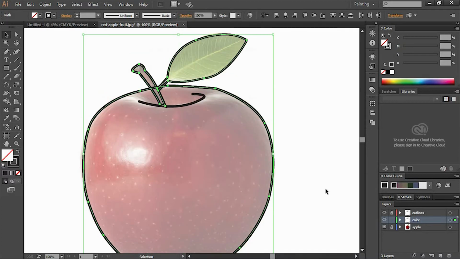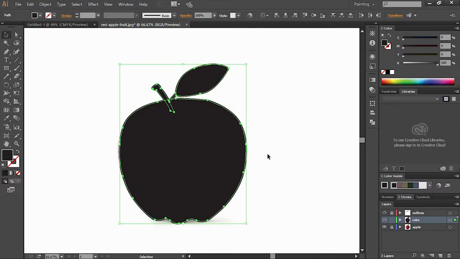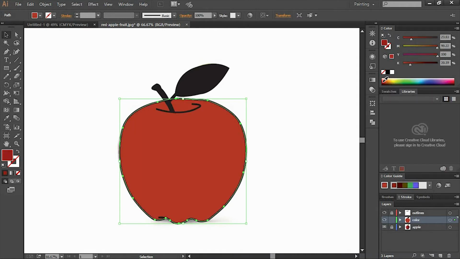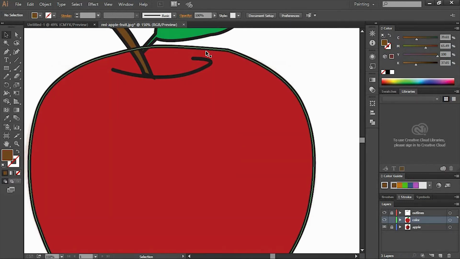Now let's start coloring the image. Go to this layer and swap it with the fill. Now let's select a single layer and color it as you want. And we will deal with this black bar at the end.